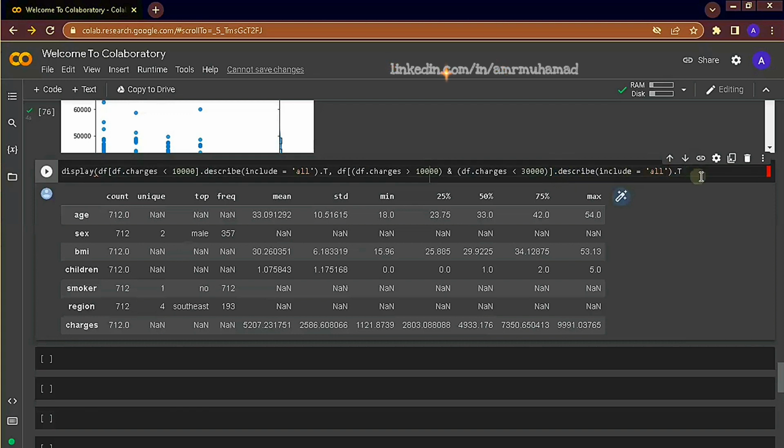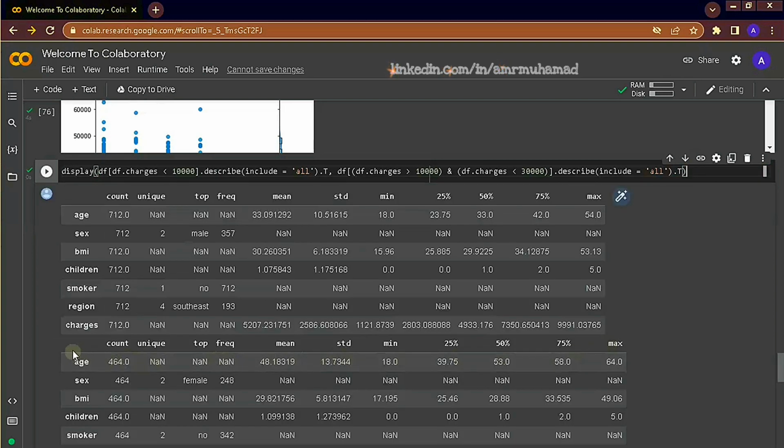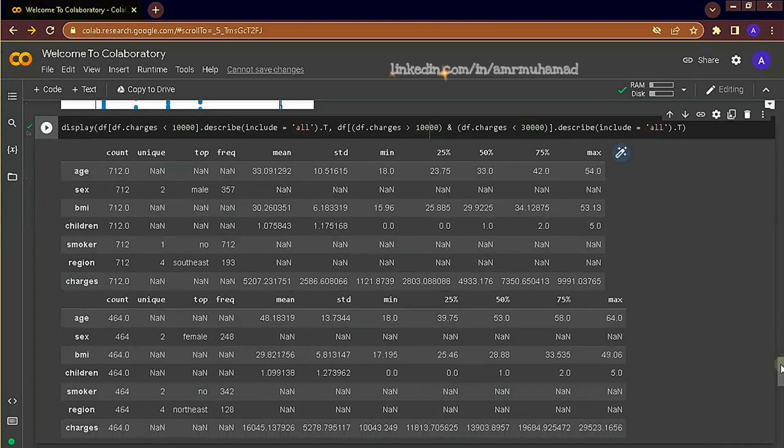Close the display, run. Usually display displays the tables with spacing. I don't know why here in Colab it displays right below each other, but not a big deal. We can see here that smokers tend to be less than what we have seen earlier. Below 10K, they were 100% non-smokers, and here we can see that it's almost 27% smokers.